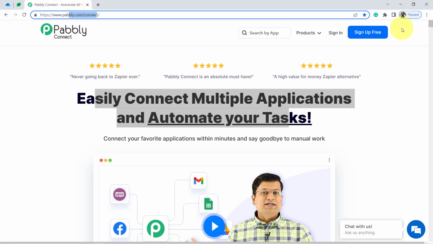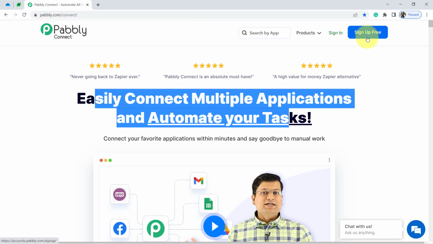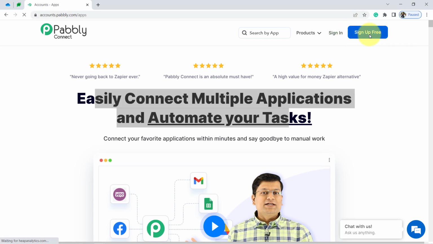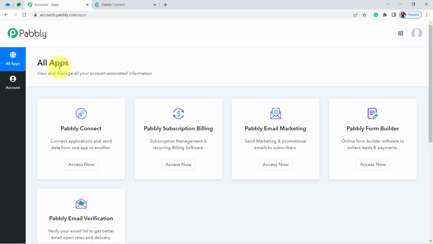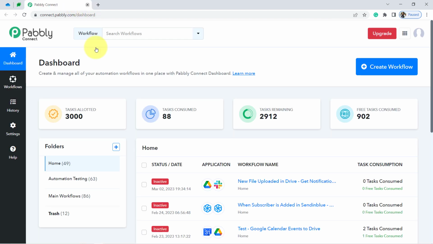Now, if you are a new user of Pabbly Connect, you'll have to sign up for free, where you will also get free tasks every month in your account in order to test such amazing automation. I am already an existing user of Pabbly Connect, so firstly I've clicked on sign in, then I have selected